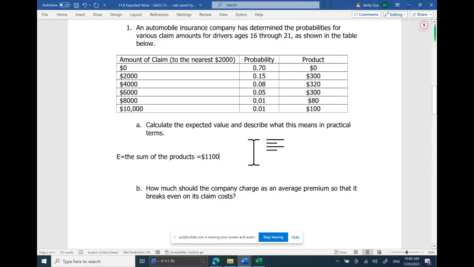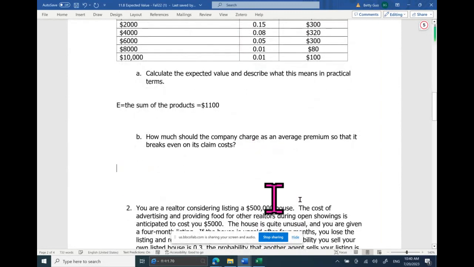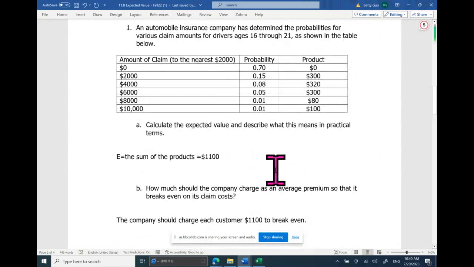Part B, how much should the company charge an average premium such that it breaks even on its claim costs? Then the company should charge each customer $1,100. Sounds like a 1-year deal, annual deal. Each customer that much money to break even. All right? Does that make sense? Let me repeat